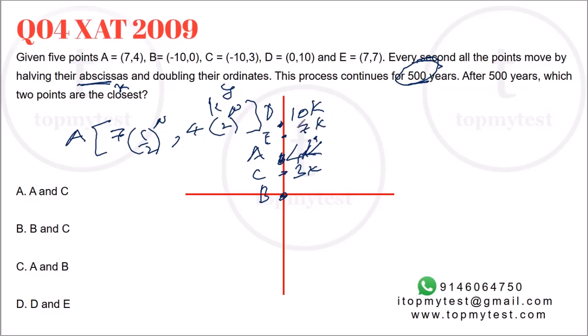Right, now you need to find which of them are closest to each other. Now we can obviously see the order from here. Between B and C, the difference will be 0 to 3K. That will be 3K. Between A and C, the distance will be just K. Between E and A, the distance will be 7 minus 4K, which will be 3K. And here also the distance will be 3K. All the other distances will be larger than these distances. So we need to check the lowest of these distances, A and C. Option A will be our correct choice.